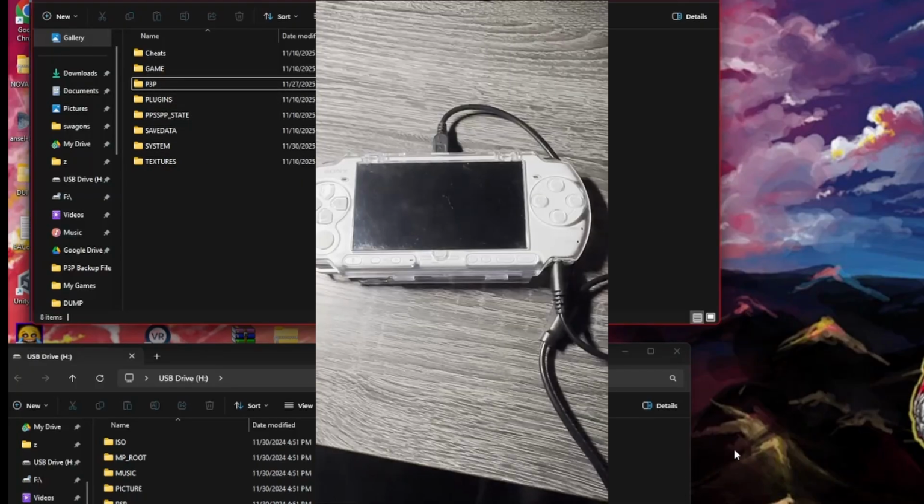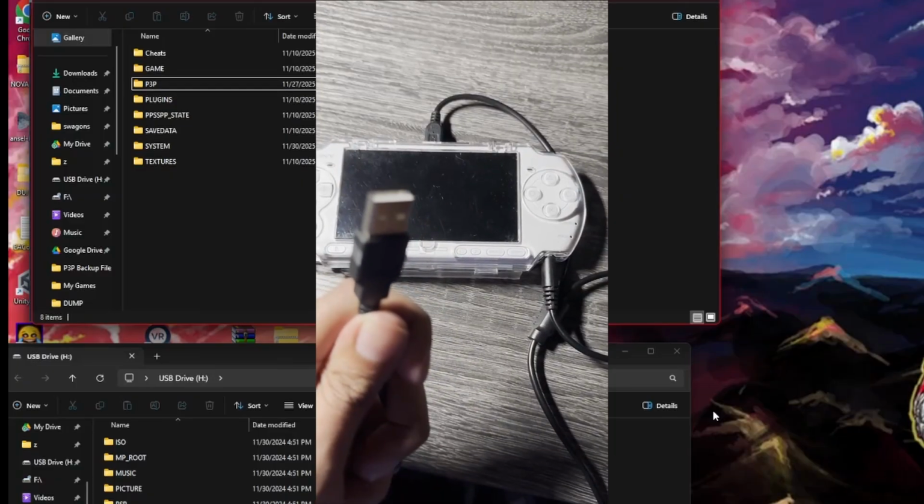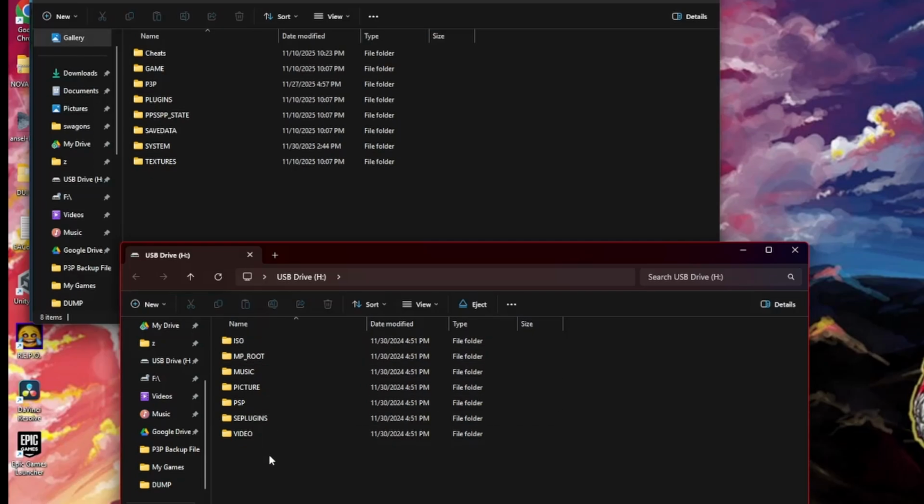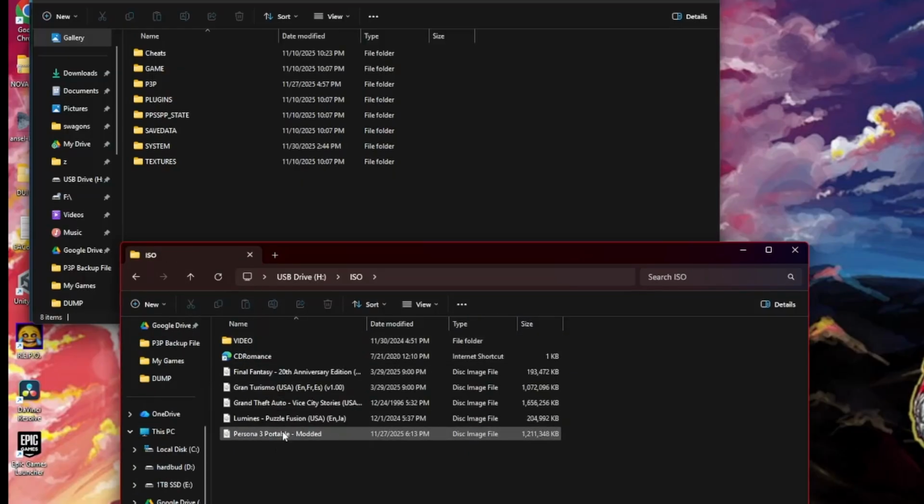Next, you're going to plug in your PSP or PS Vita to your computer. Then this window pops up when you plug it in. There's a good chance you might not have this ISO folder, but if you've already modded, if you've already had ISOs with games and stuff, you should be able to see it. And I've already done this, so